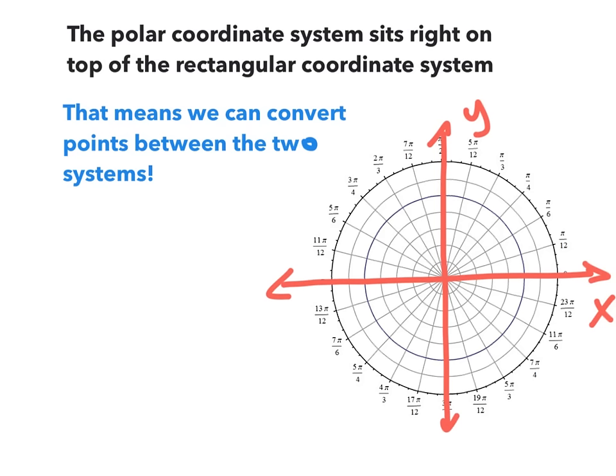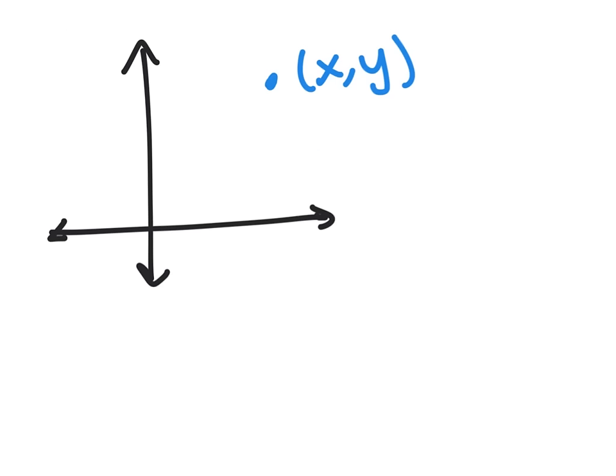Now here's something interesting. The polar coordinate system, this system that we've just been looking at, sits right on top of the rectangular coordinate system that we're used to. This means that we can convert points between the two systems. Alright, so for any point x, y,